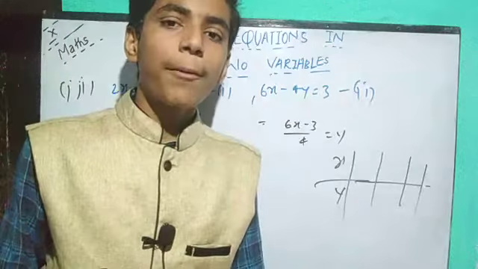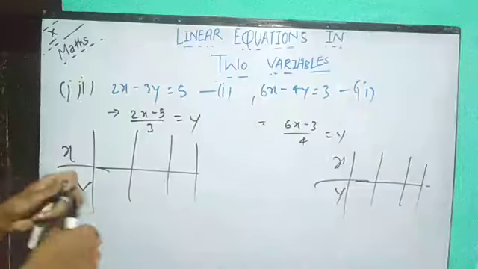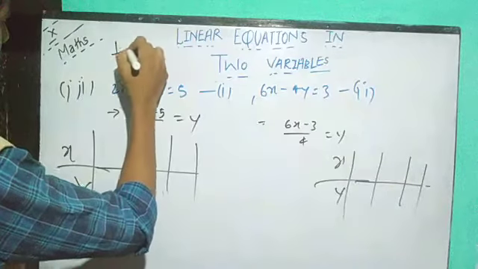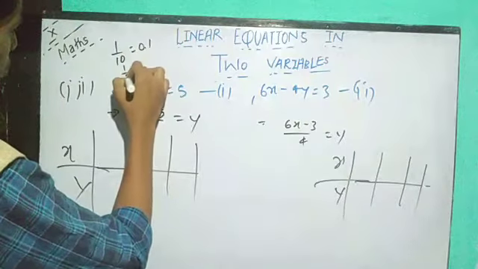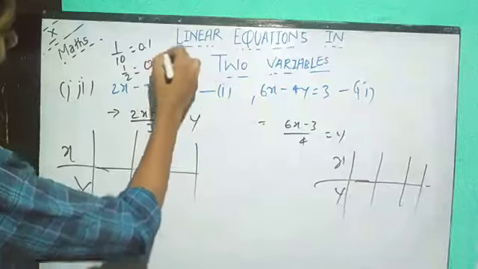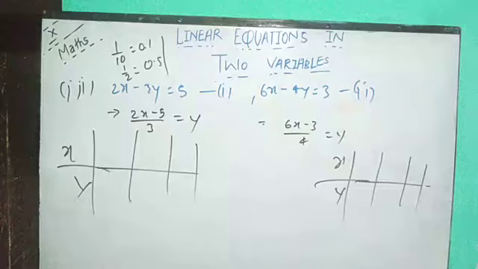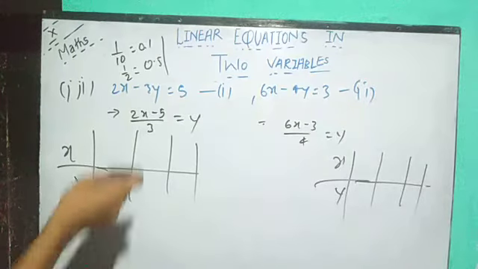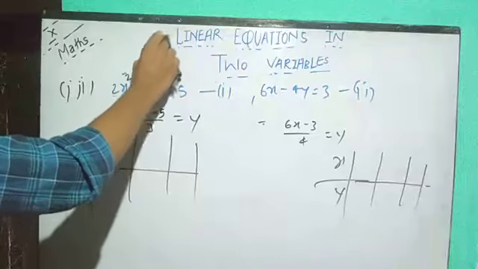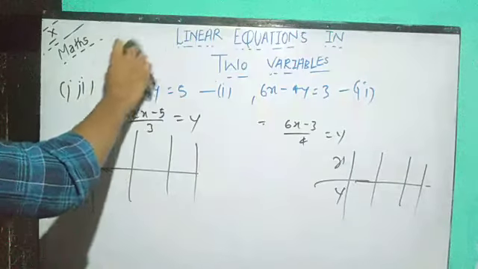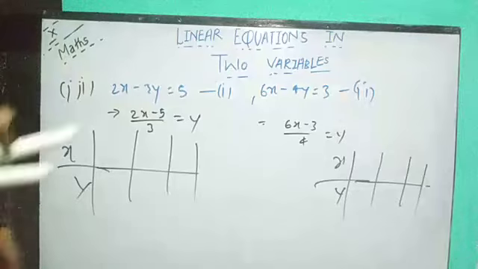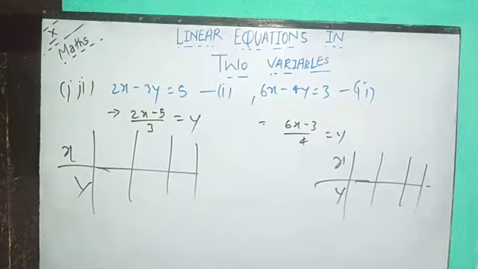Means that, look, let me clear it for you: 1/10 means what, 0.1, 1/2 means what, 0.5. That is, look at the graph, how many lines are there: 1 2 3 4 5 6 7 8 9, up to 9 lines are there, then we get 1. That means there 0.1, 0.2, 0.3 are all available. We just have to apply our presence of mind there, and then we will get overall 100% value. So let me write first -2 -3 -1